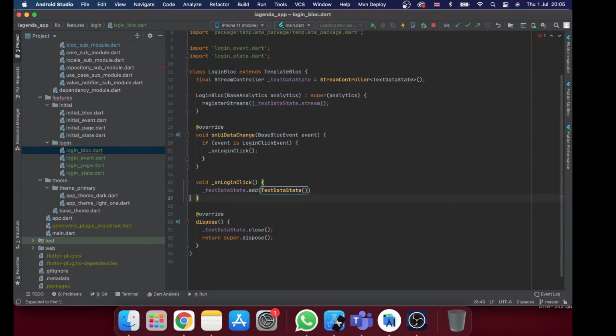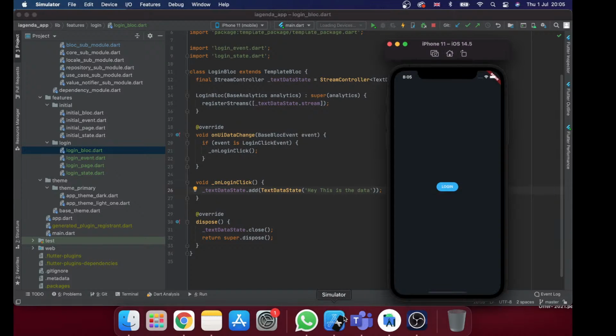And I will create a class there with a constructor, and I want to pass the data that I want to pass. So say, hey, this is the data. Okay, so if I run now,